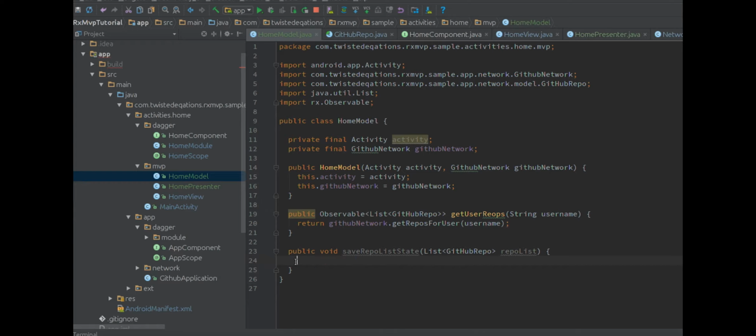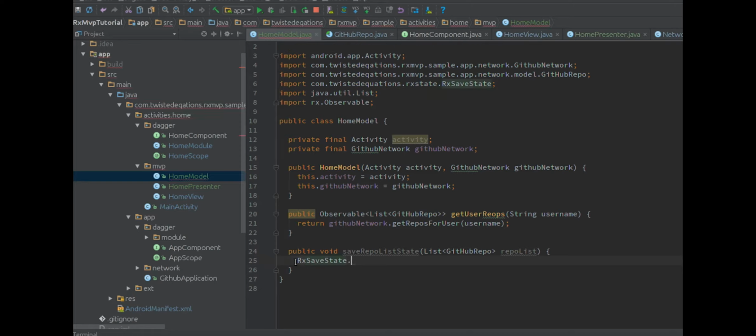which I've used, where we attach a headless fragment to the activity and use it to save the state. So we can put state inside the fragment, save it in a bundle, and then cache that across rotations. Unfortunately, writing all that code is kind of tedious, so there's a handy library we can use, which I wrote, which is up on JCenter. It's called RxSaveState. You just call updateSaveState, pass in your activity, and it gives you a lambda, which takes a bundle,